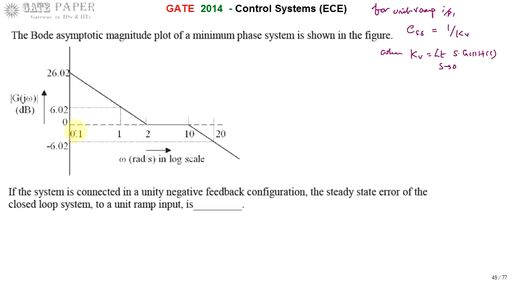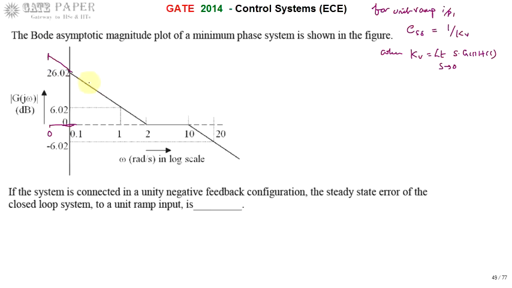So the Bode magnitude plot always starts from omega equal to 0, but here it is given with omega equal to 0.1 as a starting point. So you can assume that it can be extended towards 0 with the same slope, because frequency starts from 0 to infinity. So the Bode plot has to start from omega equal to 0. This is given as 0.1 to calculate the slope. So at 0 it is going with the same slope, and we think that there is a pole present.